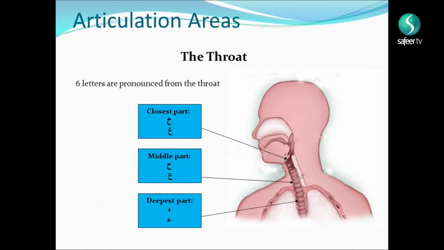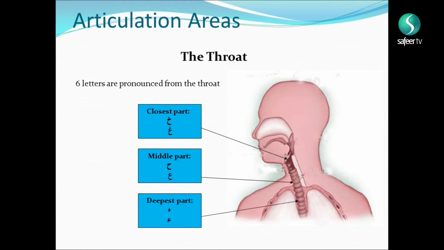How to find the point of articulation of these letters, and especially the pronunciation of these letters? Always use Hamza maftuh, Hamza with fatha, and the letter you want to know the point of articulation with sukun. For example, for Hamza I say a, for Ha we say ah, for Ain we say a, for Ha we say ah. We find the point of articulation. Or for Ghain we say agh, for Kha we say agh. These are the letters, 6 letters in 3 points of articulation in one section. The section is throat, and in the throat we have 3 points of articulation, and in each point of articulation we have 2 letters.